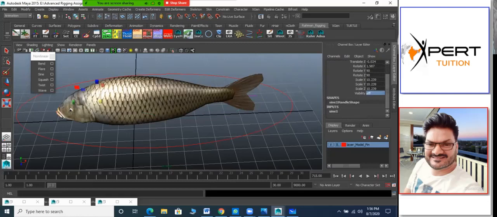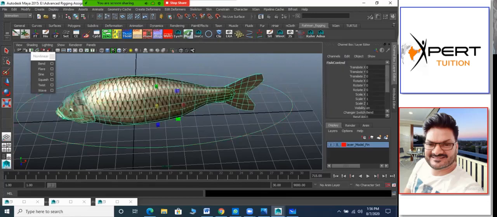One I selected and one I selected. By mistake, an animator may delete it, not understanding what is there, seeing an extra thing, he will delete it. If you delete it, your rig will not work at all because the deformation is happening because of that. So it's better to make the rig clean and hide that. So I just hide it. You cannot delete it. If you delete it, then this whole concept will not work, right?